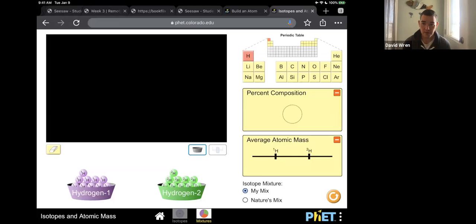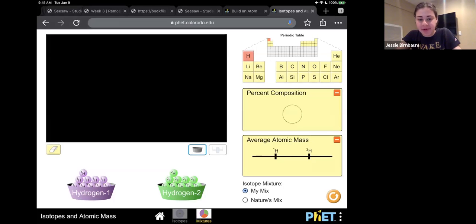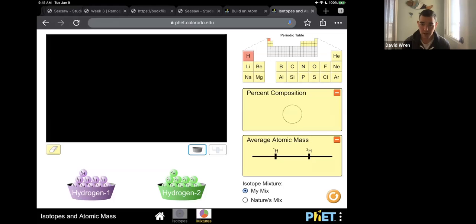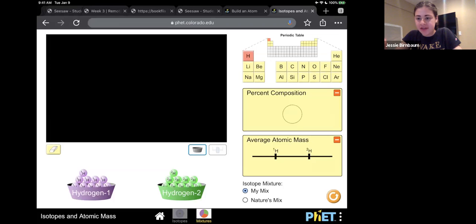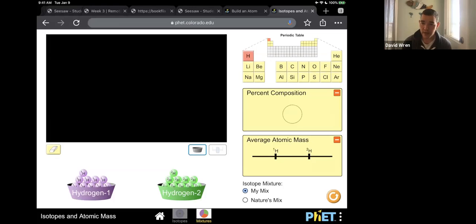Sure. But I think just a general one for number 4, when you're asking the atomic mass and the percent composition, I was looking at it both in my mix and nature's mix, and those are kind of different answers. Should we just put both, like how it differs between the two? Yeah, that's showing stability. You can say, here's the mixture between the different isotopes, but nature tells you what it actually is, and that is telling you the stability of those isotopes.